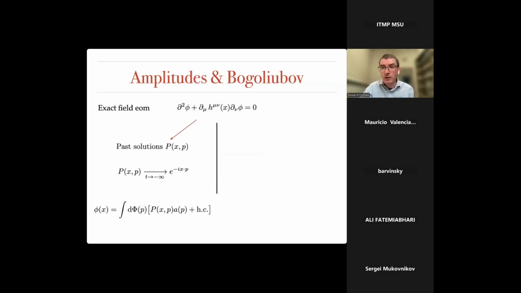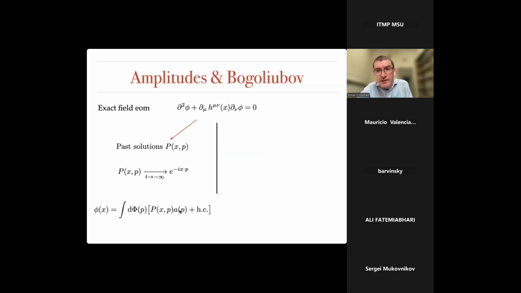So let me first of all find a basis of solutions, which I'll call the past solutions P, for past. Now the boundary condition on these past solutions is that as time goes to minus infinity, the waves become e to the minus i p dot x. Right? So in the past, these terms cancel off, so I'm just solving a free wave equation. So this will be a perfectly acceptable basis of solutions in the past. Notice that the basis is labeled by the momentum of the particles in the past, where the waves are free.